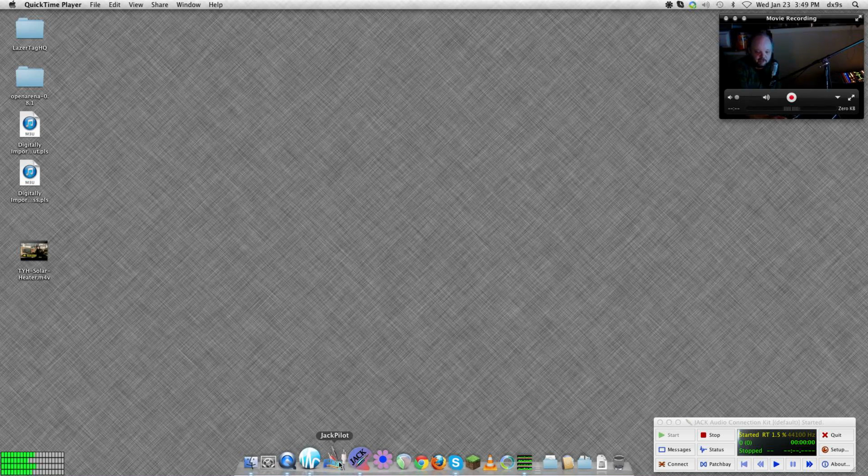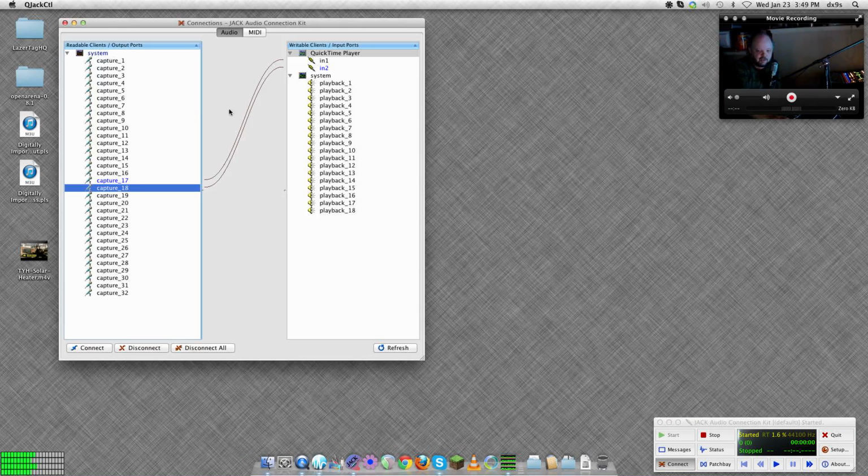There's the Jack Pilot, which comes with the software and the actual interface for controlling it. Jack Pilot has, in my opinion, a difficult routing interface, whereas QJackCtl, which originally started on the Linux side and ported over to Mac, is much more user-friendly. So here I've got Connect. First of all, let's go into Setup